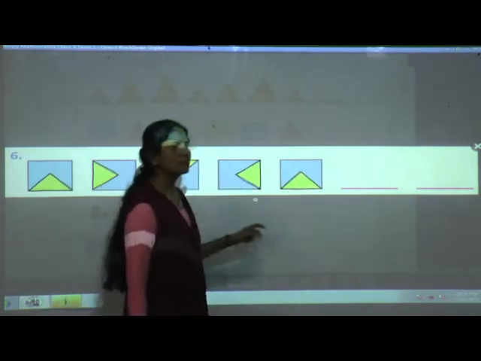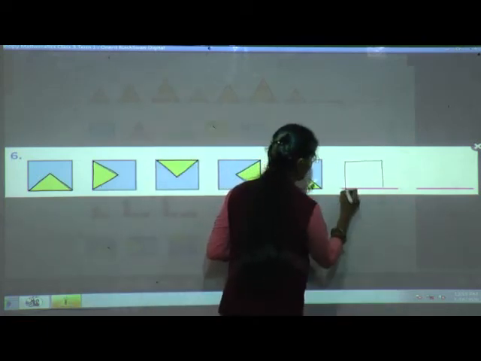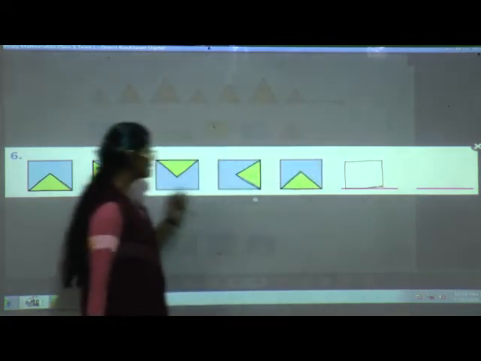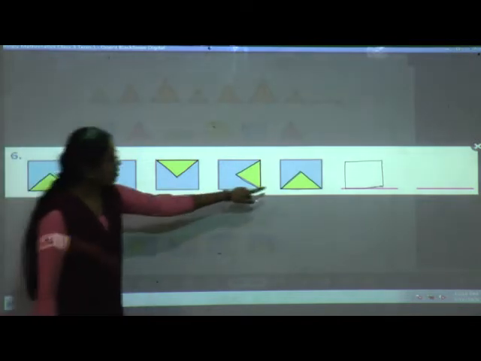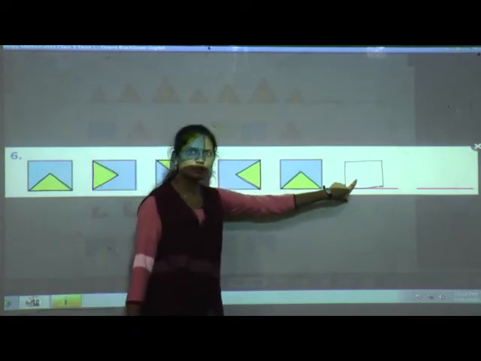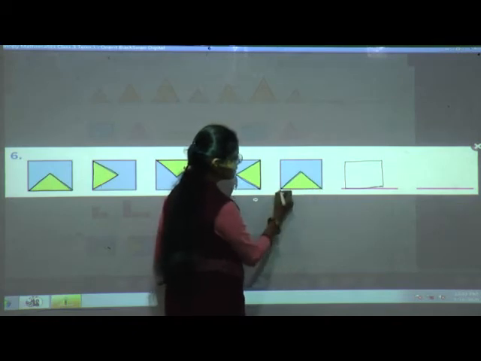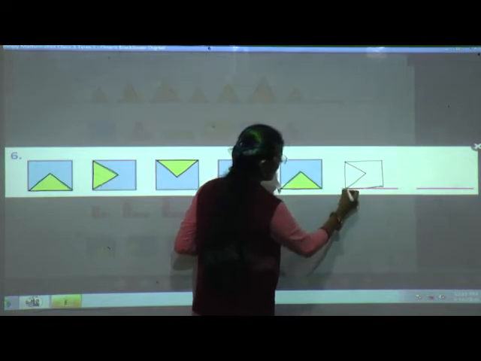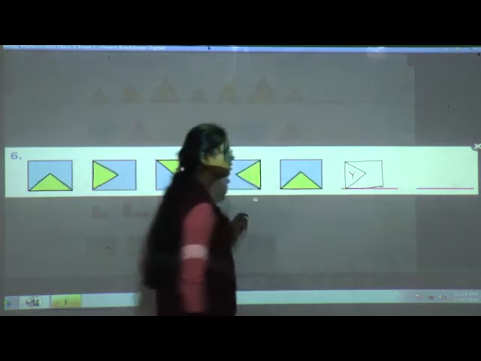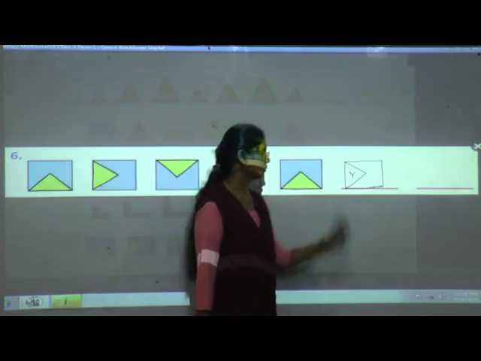Now students, here first draw the square. Okay. Now see these all examples. See this all the squares, and you have to see the triangle also. Now see the triangle. Now here we have to turn the triangle. Now where the triangle will come? Yes, see the triangle is here now. If we will turn the triangle will come to this side. So here you have to give yellow color, and here to the square you have to give it blue color.